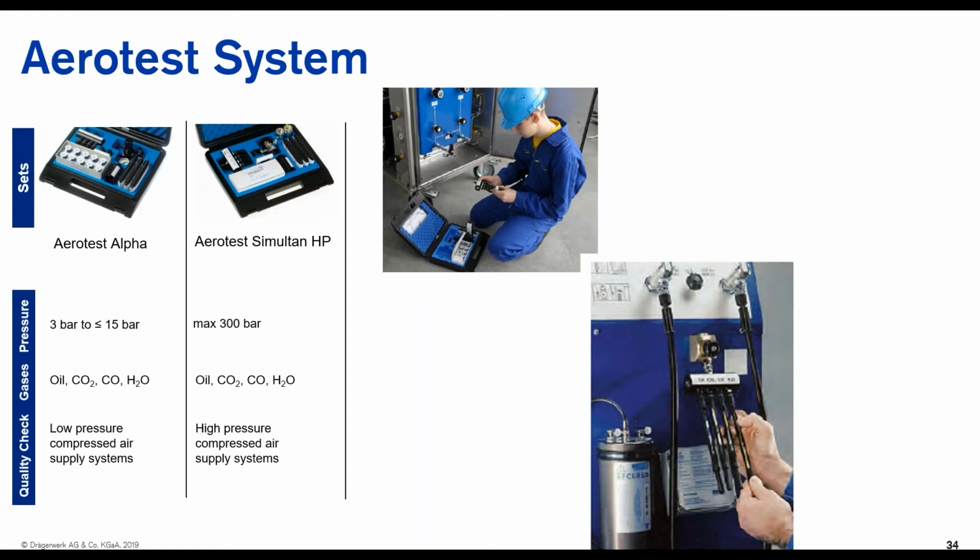If you look at the right side of the application diagram, the Aerotest kit itself is very easy to use. There is no electric equipment inside; it is all mechanical. So you just need to use the adapter inside the kit to connect to the air recharging system and then insert the tubes. And that's where you start to do measurements.